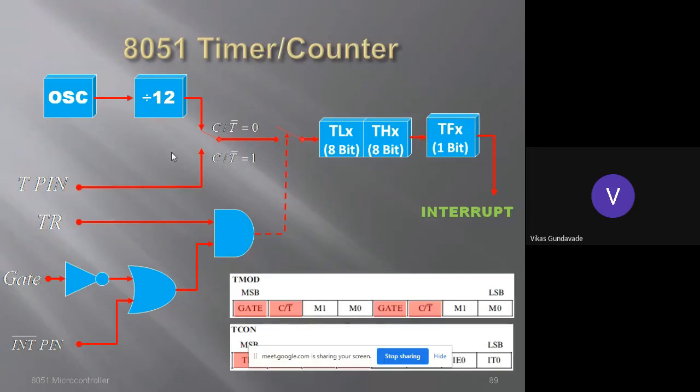Now the next one is, for this timer we have 4 special function registers, in which to set the timer and to start the timer, and two registers are used where the data will get stored. That count will be stored in the TH and TL registers. These are two 8-bit registers, and the data can be transferred into THx and TLx using simple move instructions, just like we transfer data into the accumulator or other registers.